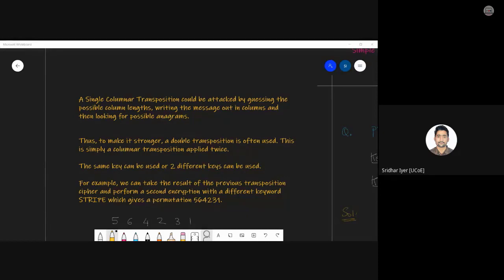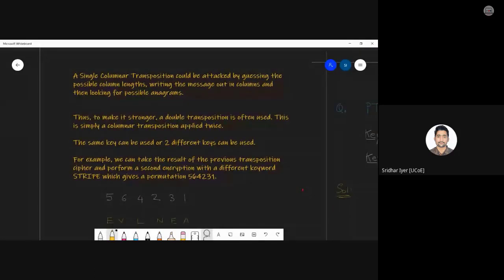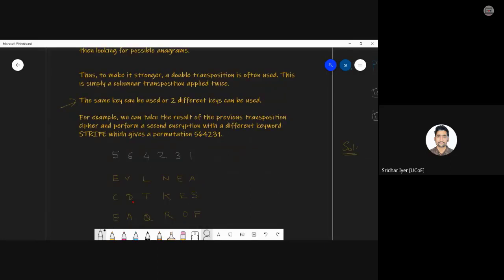Fine. So it is not completely impossible to break this cipher. We can break it provided we have a lot of patience and a better computer in front of us. So to avoid that, this double transposition cipher was introduced. What they do is they can use the same key or they can use a different key and encrypt the ciphertext of the previous result. Am I clear? So in this case, a different key that is provided, stripe is given in front of you. This key is then converted to the numeric values, and that key will be again applied to the ciphertext of the previous result. Am I clear?